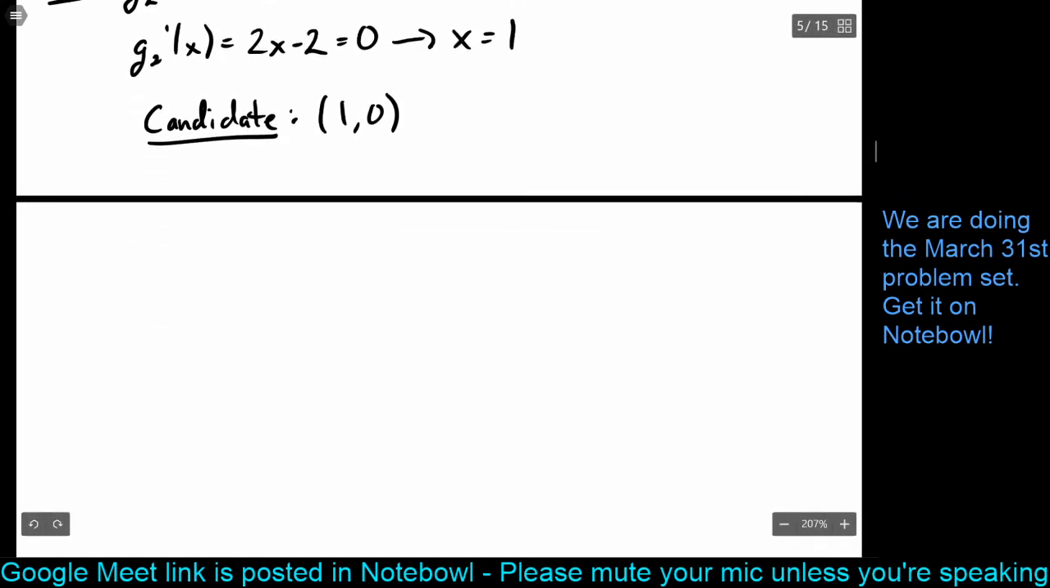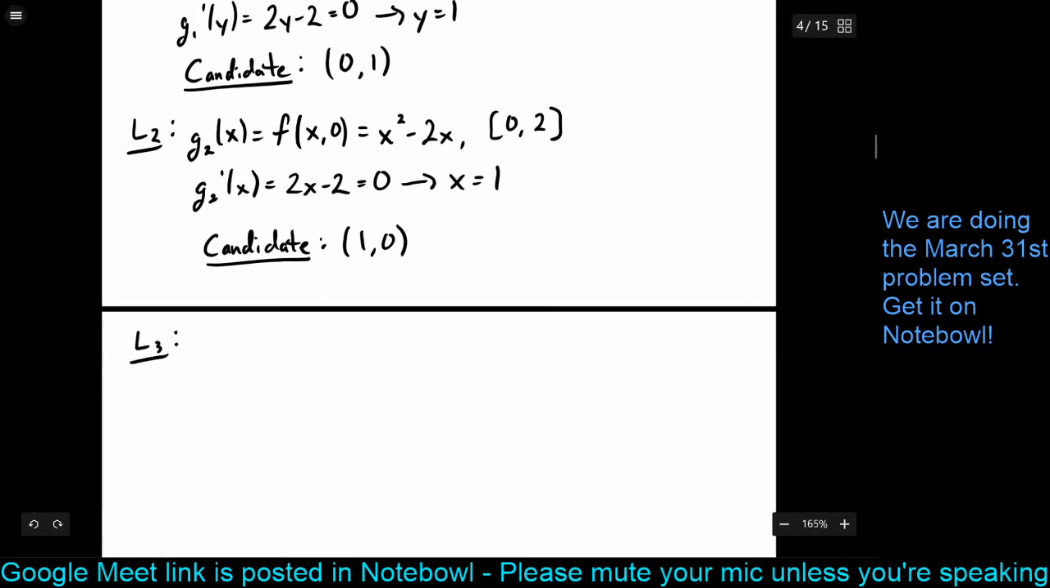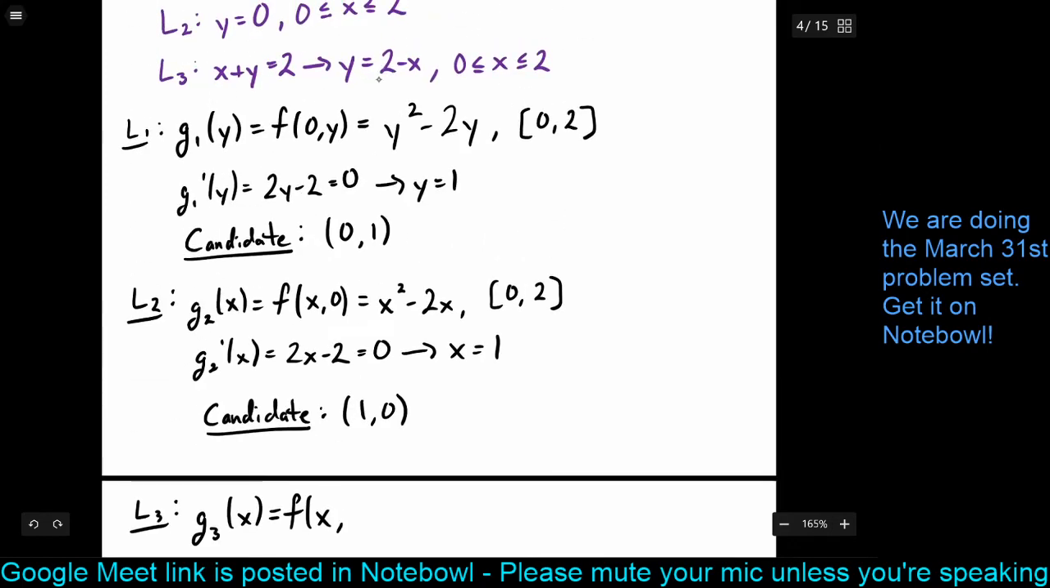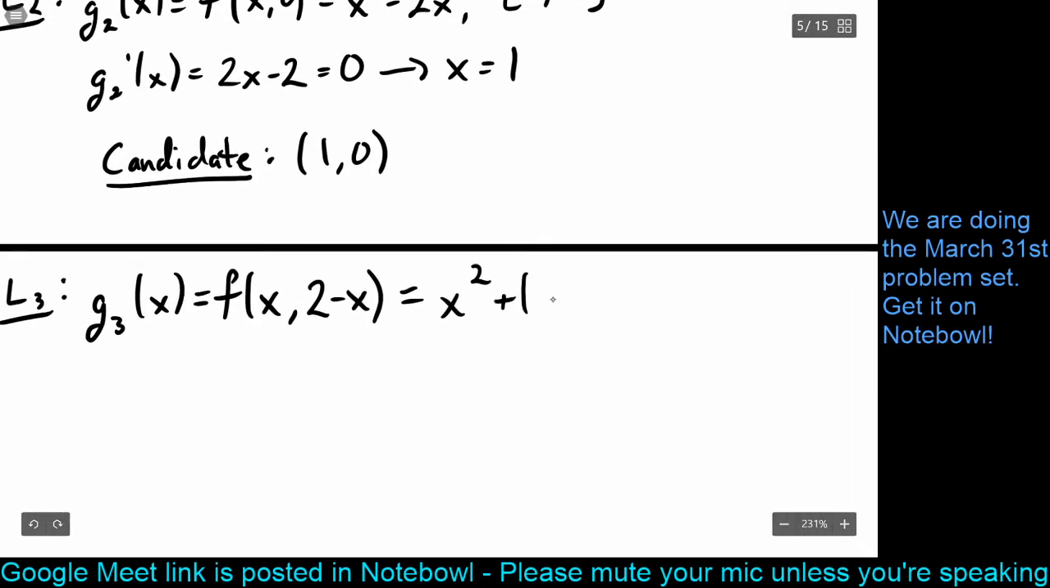All right. Now we have one more, L3. So let's see, we've decided to solve for y here. So g3 is going to be a function of x, and it's going to be f of x comma, I'm going to plug in this expression for y, 2 minus x. Right, so we get x squared